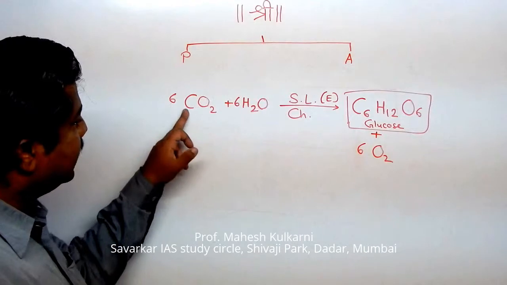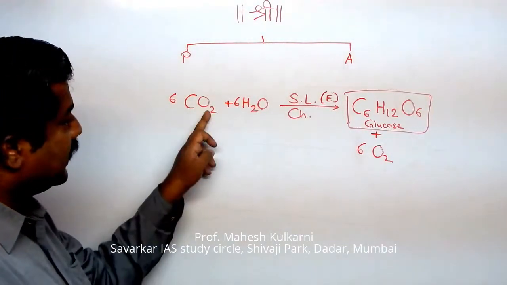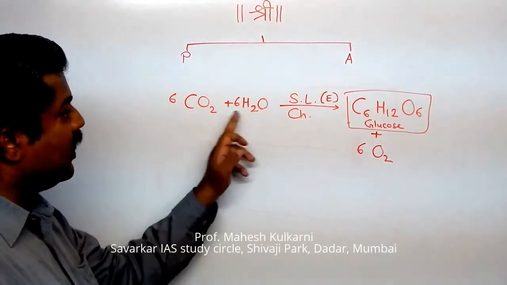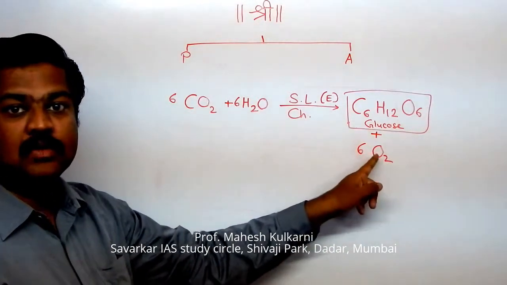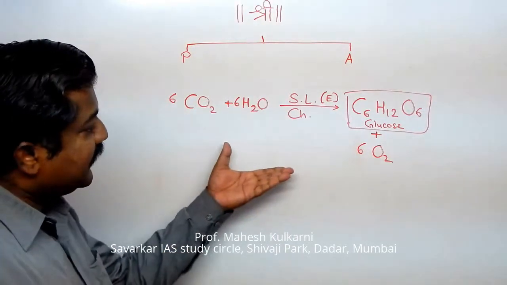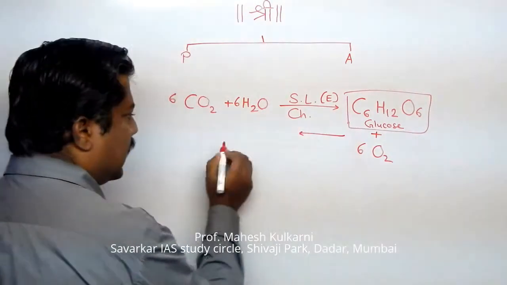You can check here: 6 carbon, so here also carbon 6. 6 2s are 12, so 12 oxygen here and 6 oxygen, so 18 oxygen atoms. Here 6 and 6 2s are 12, so 12 plus 6, 18. So it's balanced. Now this reaction, suppose I am writing in the reverse way, or rather I should say this way,